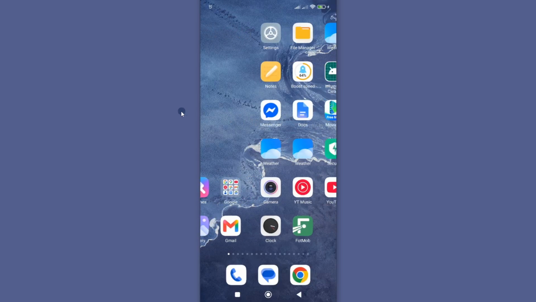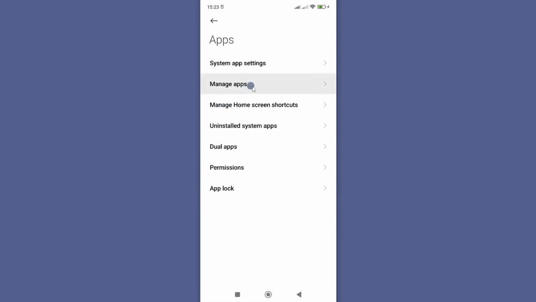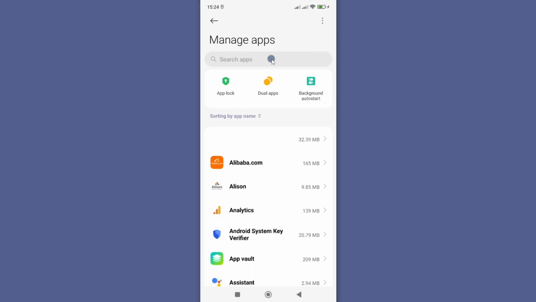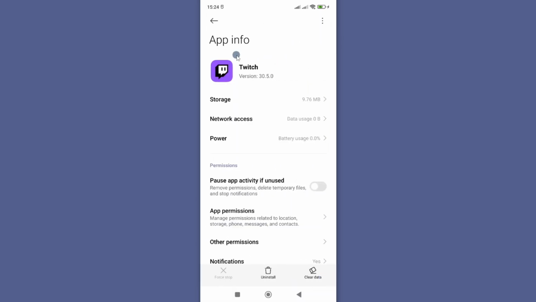First, you need to go to your phone and look for settings option. From settings, scroll down to apps. And under apps, look for this option called manage apps or all apps. This will list all the apps you have on your phone. From the list, search for Twitch, and if you tap on it, you will be taken to Twitch app info